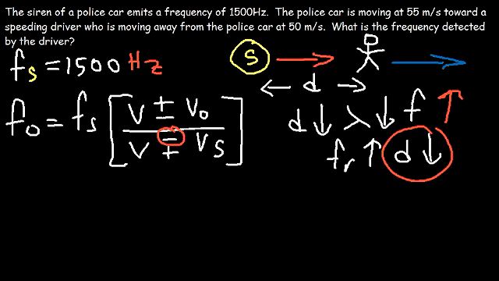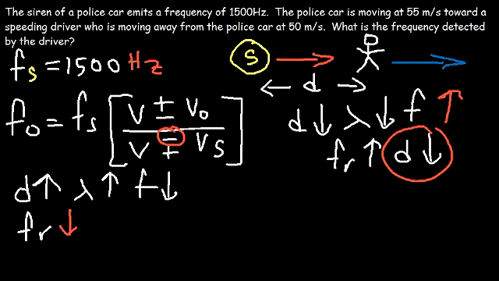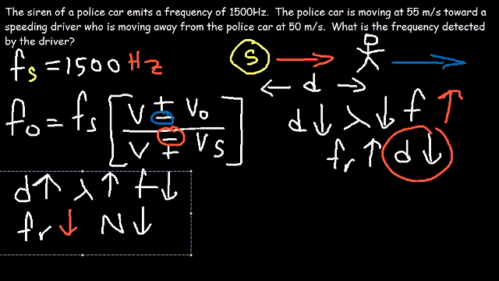Now let's focus on the second motion, that is the motion of the observer. The observer is moving away from the source, which means that the observer's motion is such that it causes the distance to increase since he's moving away, and that will increase the wavelength, causing the frequency to decrease, which means that we need to decrease the entire value of the fraction. The observer is associated with the numerator of the fraction, and in order to decrease the value of the fraction, we must decrease the numerator, which means that we should use the negative sign. So now that we know which signs to use, we can now calculate the frequency.